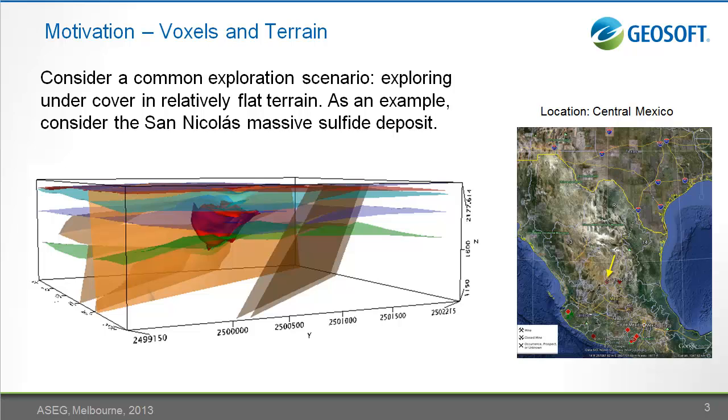So to illustrate the need for going beyond Prism elements in modeling, we're going to consider the San Nicolas deposit. We have a fairly common scenario here. We're exploring under cover, about 200 meters of cover. This is a massive sulfide deposit, and it's in relatively flat terrain. It's located in central Mexico, as shown on the right. The things to note at this deposit are we have a deposit model which has been produced by